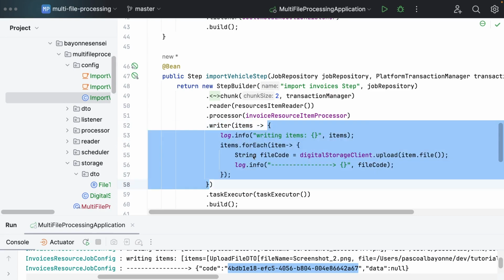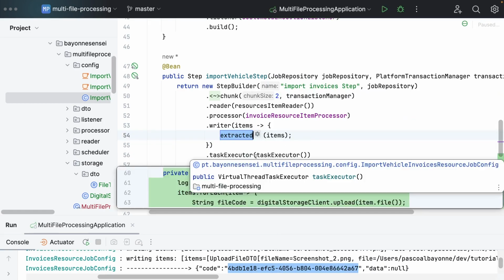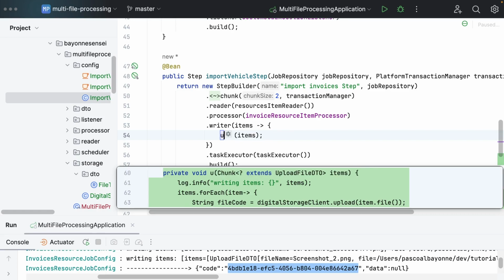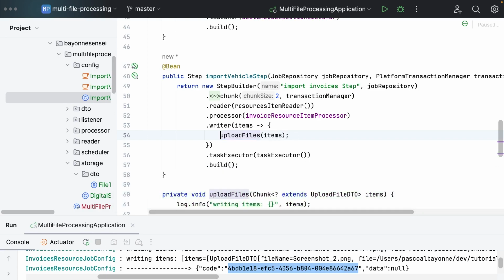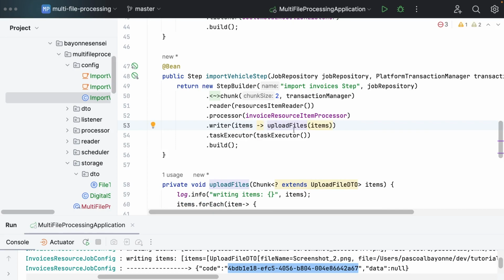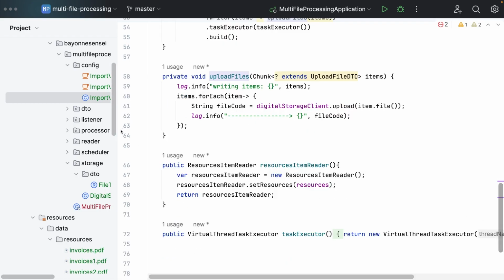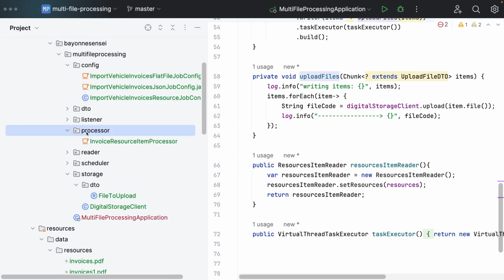Some people can say, okay, you can just do refactoring here and extract to a method. For example, here we can call digital storage, or here we can just say, for example, upload files. It's okay to do something like this, but I think we can do better. So in that order, for example, we can go here the same way that we create